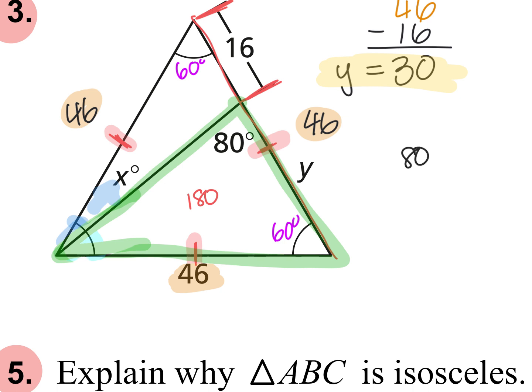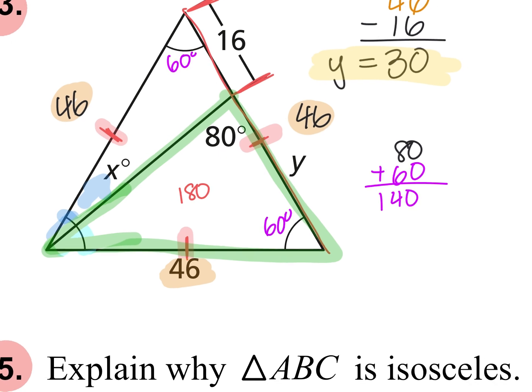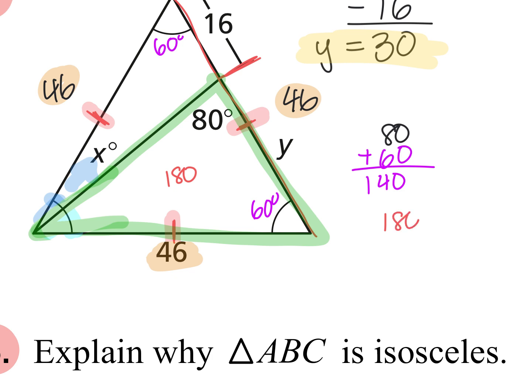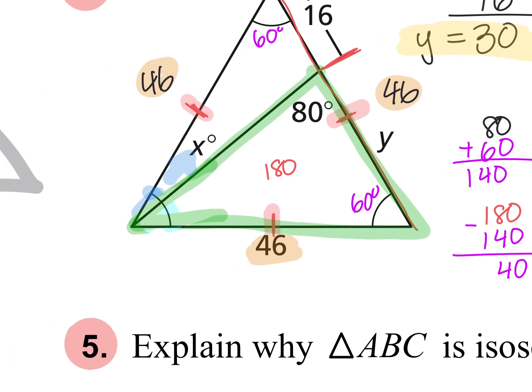my 80 plus my 60, or if you didn't want to do that, you could have just subtracted everything from 180. And what's 80 plus 60? 140. Good. So now I have 140 degrees for these two sides. What am I going to do with that 140? Subtract it from 180. I'm going to subtract 180 minus my 140, and what would I get? 40 degrees. So I know this angle is 40 degrees, and we already know that this entire thing has